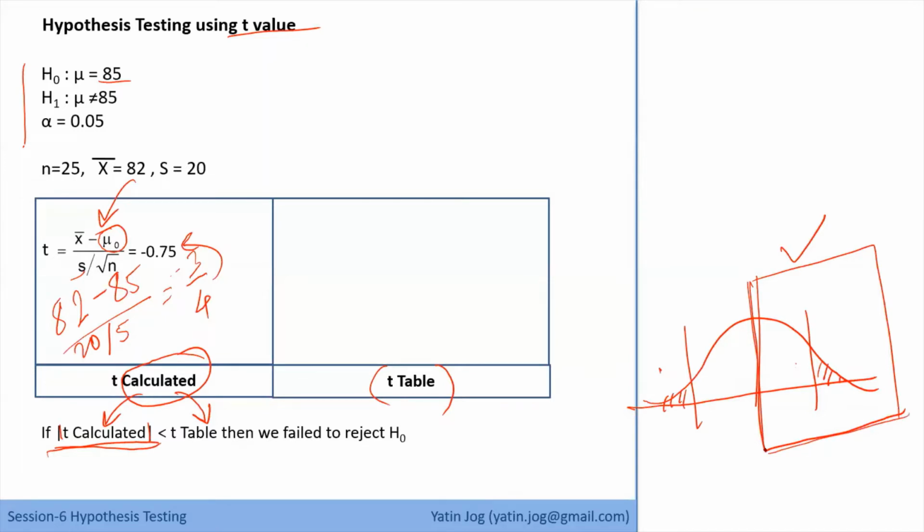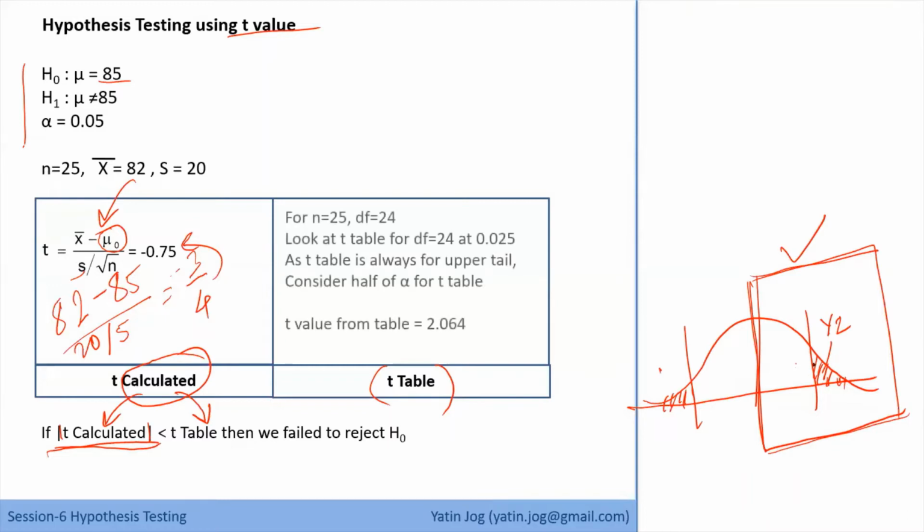So if I'm considering only half of the distribution, then even my reject region is getting half. I'm comparing my value with only half of the reject region. And that's why the rule for how to read t table is, we have to look at two values. You just open the t table. When I'm explaining to you, just open the t table on your machine.